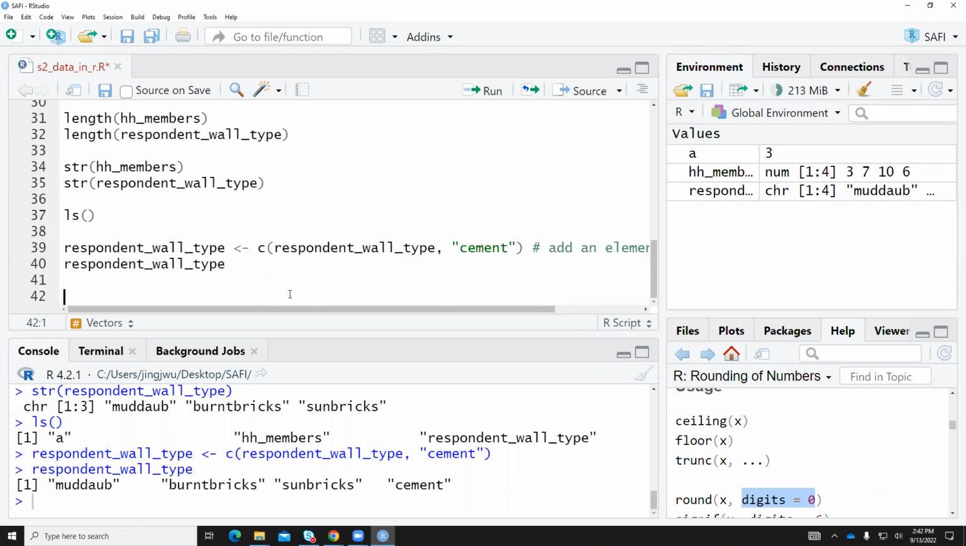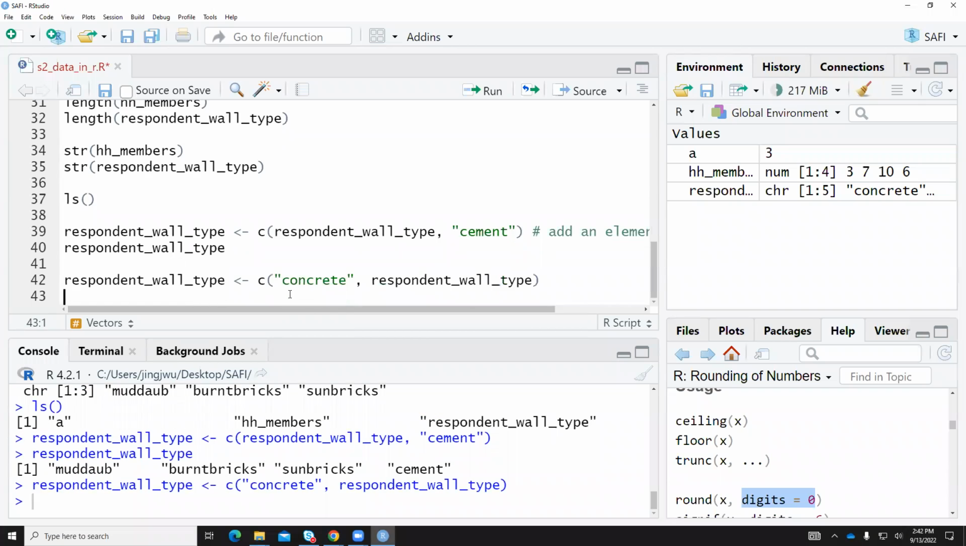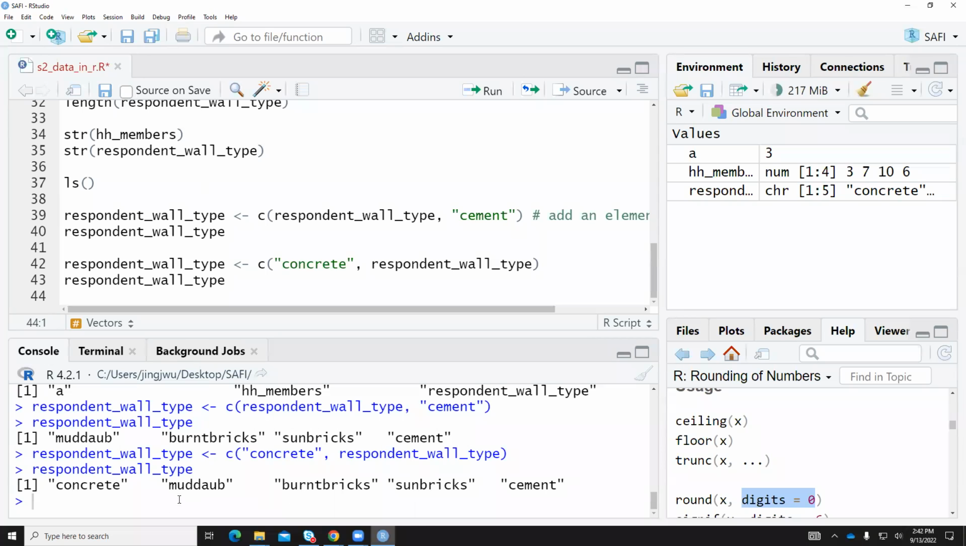We can also add an element to the beginning. Name it and say concrete, and then followed with the respondent war type. And this time when we check, we will see 5 elements. The first one is concrete, and then the original 3 elements, and then followed